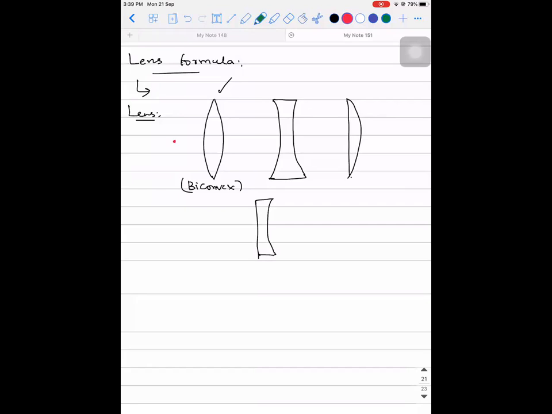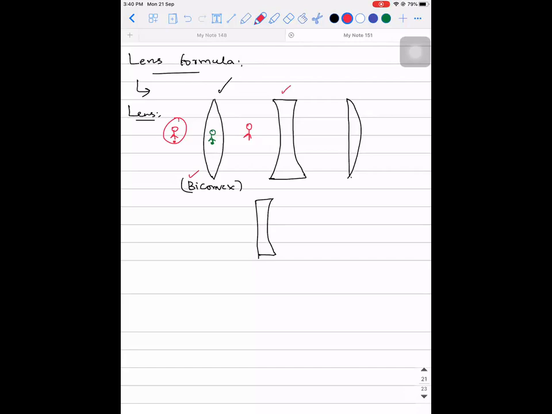Should you see from the red side or from the green side? Will you stand here and decide whether it is convex, or will you stand here and decide? Red color or green color? Which one is telling you it is convex? The red one. Whether you stand on the left-hand side or the right-hand side, it is going to be a convex surface on both sides. That is why we call it biconvex or simply convex lens.